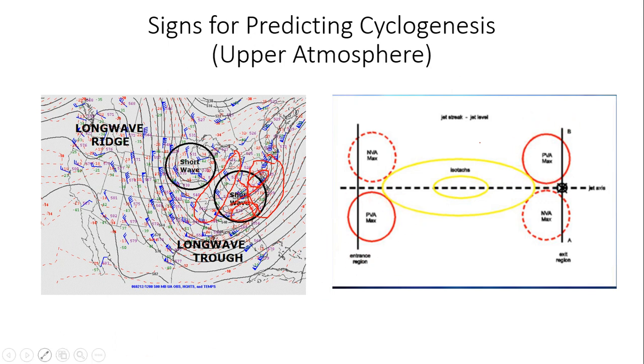Let me draw it out. Just showing you one more time. If I were to split this jet streak right down the middle, okay, the left front, which is over in this location, and the right rear are favorable areas for upward vertical motion, clouds, and precipitation, and storm development. Whereas the right front and the left rear quadrants are associated with negative vorticity advection maximums and upper level convergence